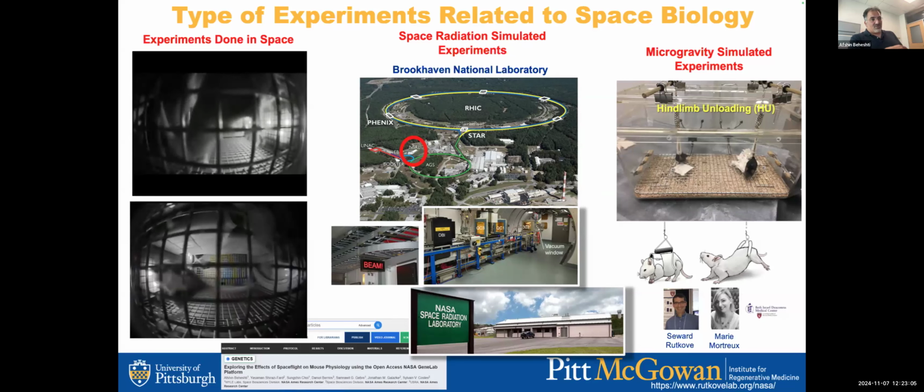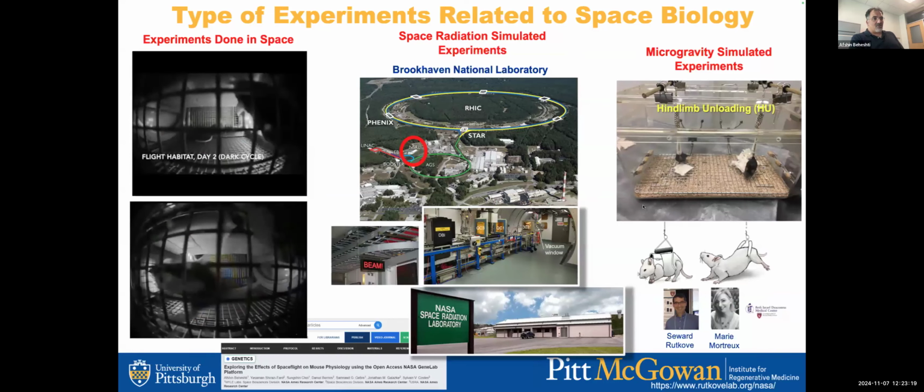The idea is if you use the total accumulated dose, so let's say you go to Mars and come back, and you're able to mitigate the damage caused by this high dose radiation, most likely your strategy for your countermeasures should work for a lot lower dosages you get over time. And there's other kinds of